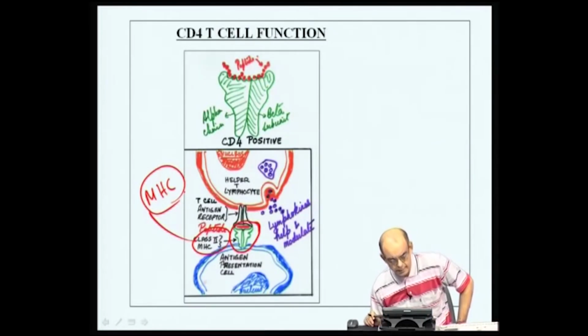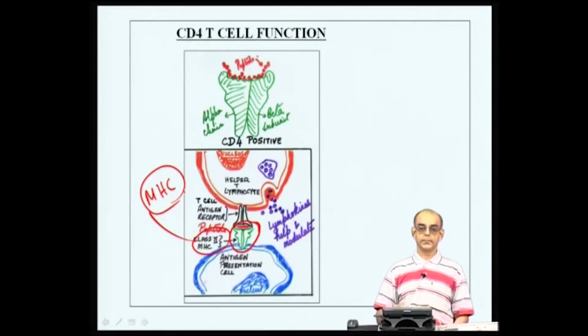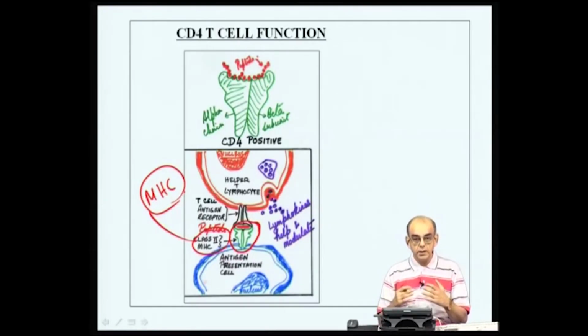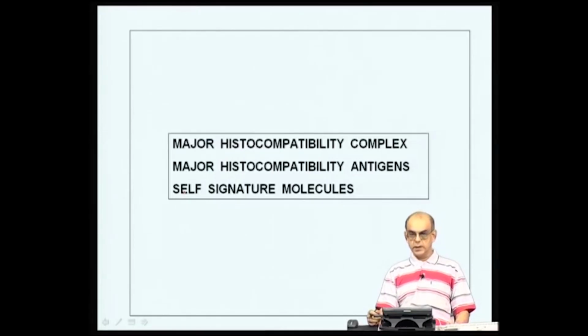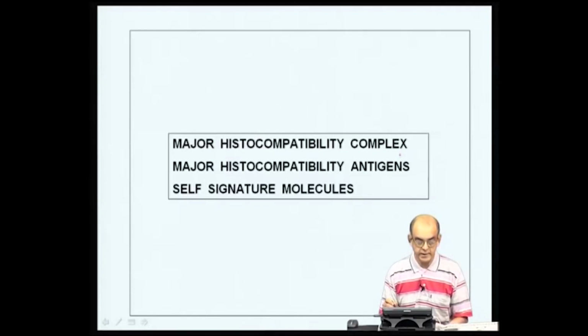So, before we try and understand what this major histocompatibility complex or MHC antigen is all about, we need to understand some of the historical aspects of how MHC was discovered. If you understand the historical aspects of how MHC was discovered, then you will understand the nature of self anti-self reactions of the immune system. So, we come on then to these classes that are going to look into the major histocompatibility locus,